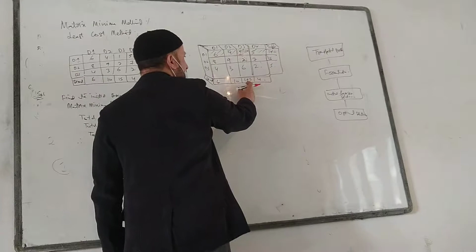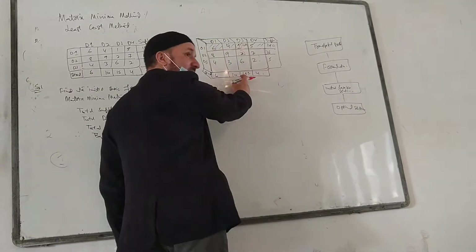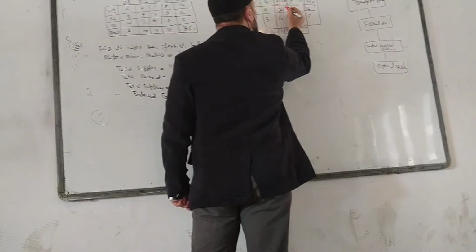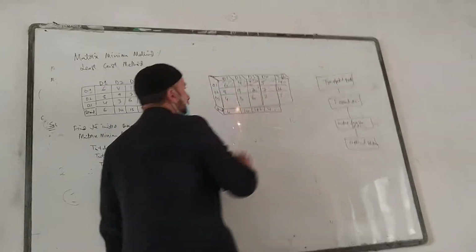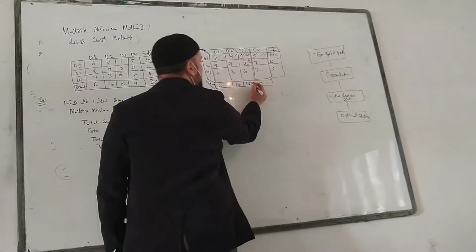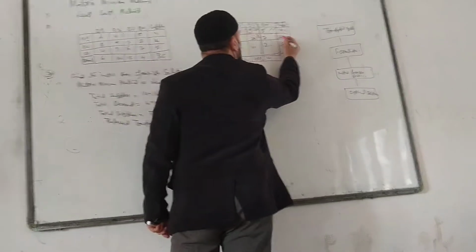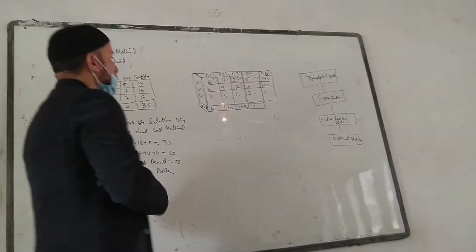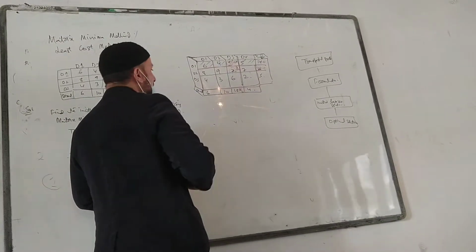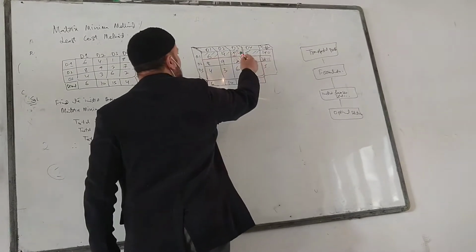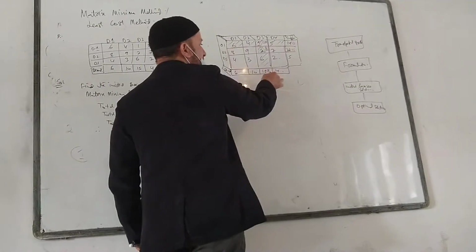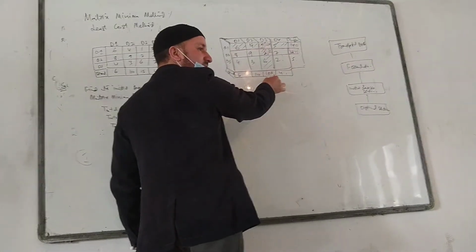From this side I have 1, and from this side I have 16. I don't have 15 now. I have 1 only. This 14 is gone. I have only 1. So which is lesser, 1 or 16? 1. So I will assign 1 to this. Okay? So how much is left out here? How much is left out here? 15. So when 0 is left out here, I have no demand on this. So I have to gray out all of this. So I can't work with this column now, because I don't have anything to give. This is 0 now. Okay?